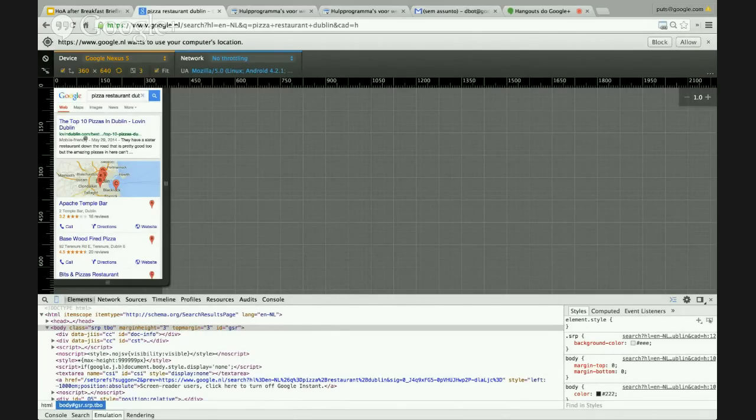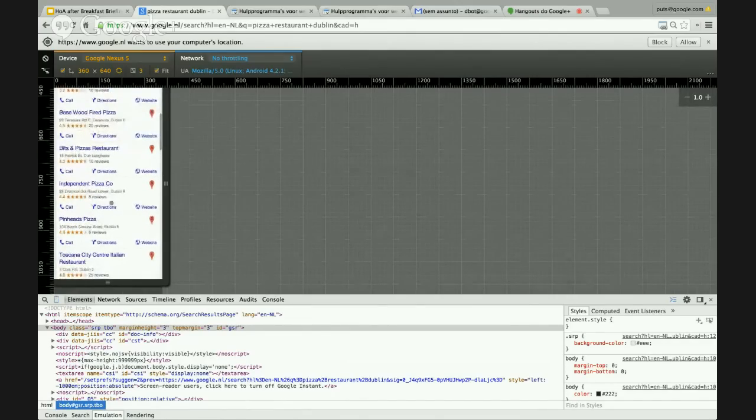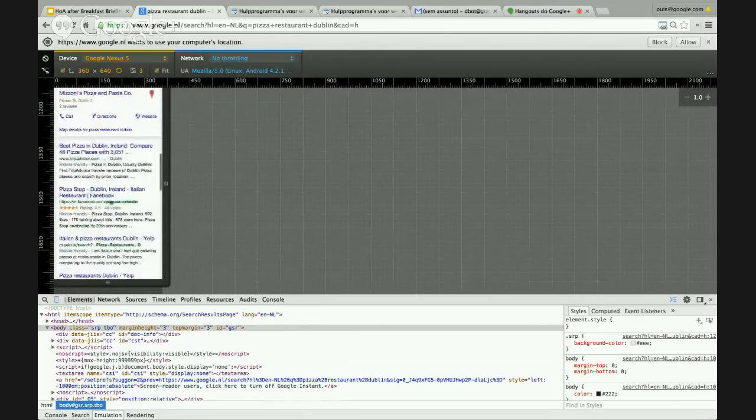And as you're probably all aware, starting April 21st, this will actually count towards your ranking in the search results. So this is actually why we're creating all this Hangout series, so we can help you go from a non-mobile friendly website into a mobile friendly website. Perfect. So now that we've shown you what we are talking about today, let's move on and go back to the presentation.